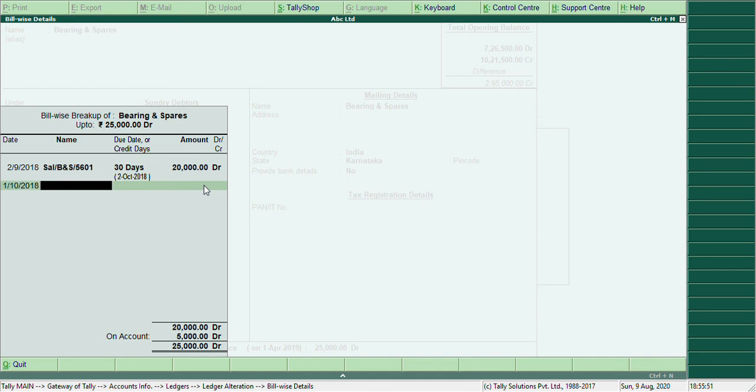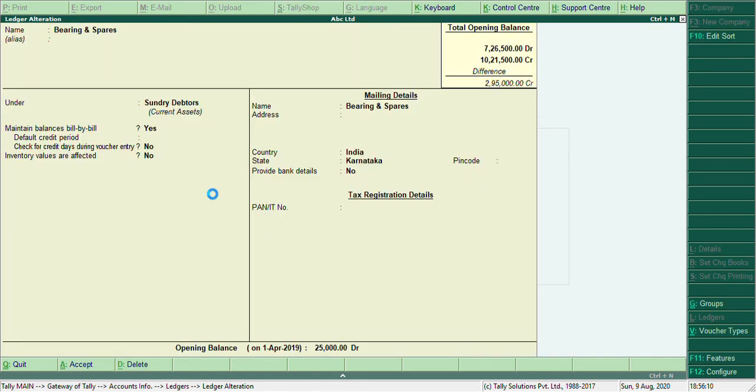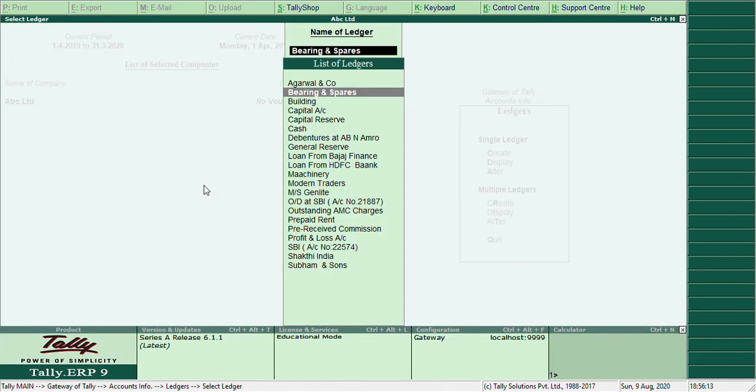First 10, sales slash Bearings and Spares slash bill number 5694. All these details you have to enter to make detailed bill-wise details.